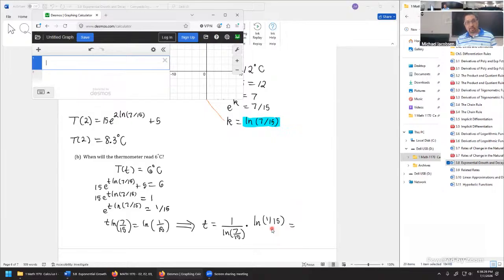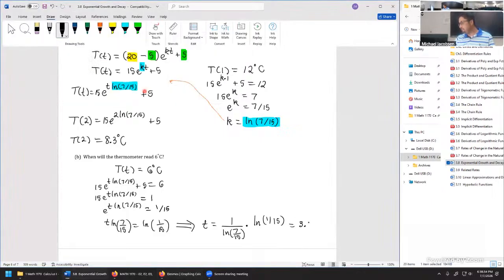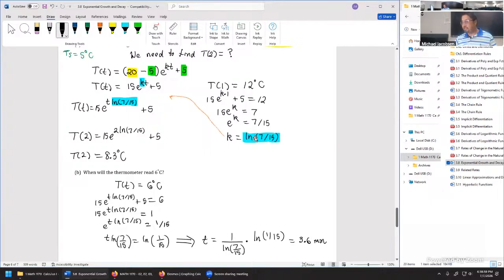And now in the calculator, it's most likely going to look something like this. Natural log of 15 divided by natural log of 7/15 gives us, not as much time as I thought, actually. So we're dropping down to 6 degrees. I thought it was going to be a little bit longer than the 2 minutes. But this one comes out to, say, 3.6 minutes altogether. But we got it, folks. It'll take about 3 minutes, just a little bit longer, for it to drop down to the 6 degrees Celsius on this one. Any last questions or thoughts at all, folks? Getting through the follow-up question, part B.